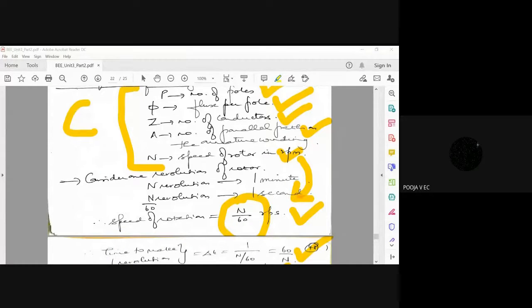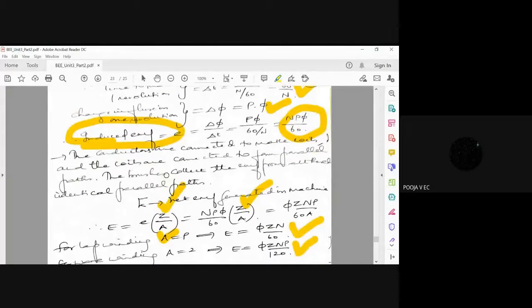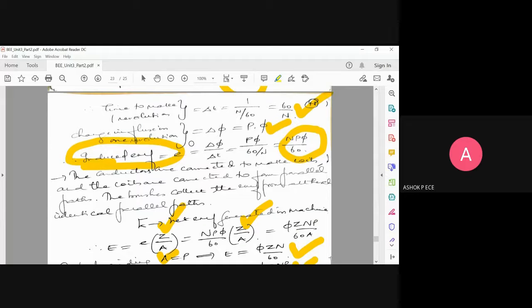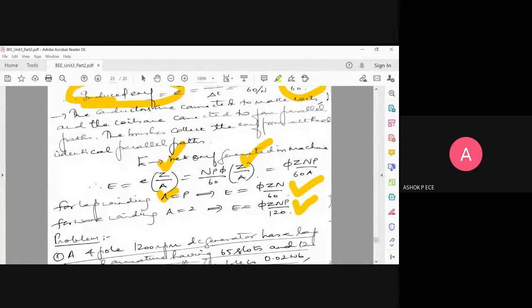Sir, EMF is minus d phi by dt, no, sir? No, I am considering a generator, right? Oh, okay, sir. Motor means, as you say, it is correct: EMF is minus d phi by dt because it is going to oppose the source. But here I am not going to give any source; I am going to rotate the machine, so whatever is induced is actually adding to your source. When you consider the induced EMF for a generator, it is just like the secondary EMF of a transformer. We told that the secondary voltage is always the same sign. So when you see it as a generator, it is plus; when you see it as a motor, it is minus. Your doubt is correct, and the answer is that we are considering it as a DC generator.